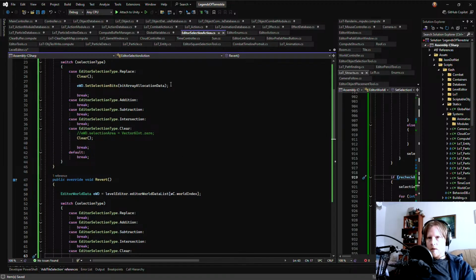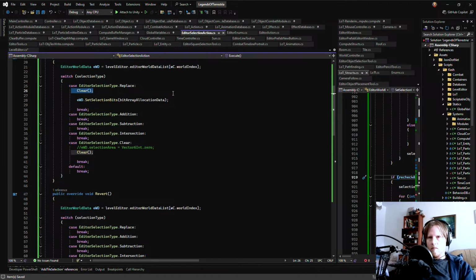And then reverting the replace. We then have to undo that.